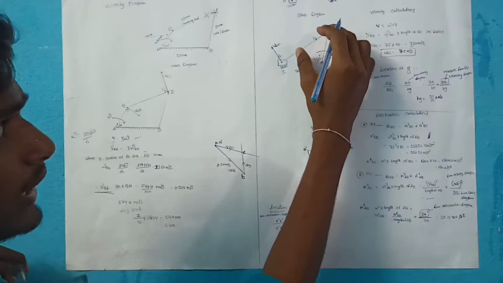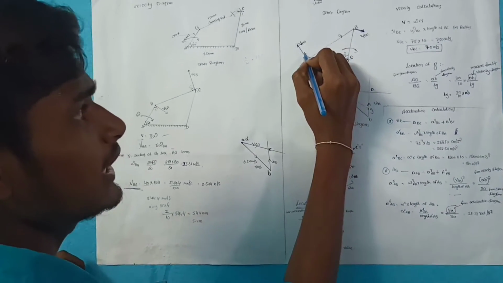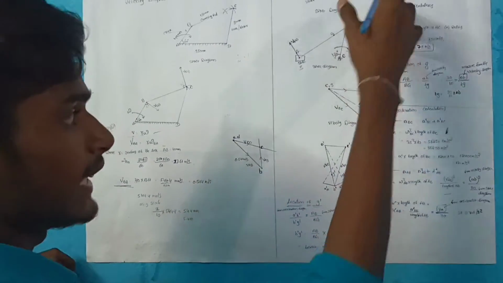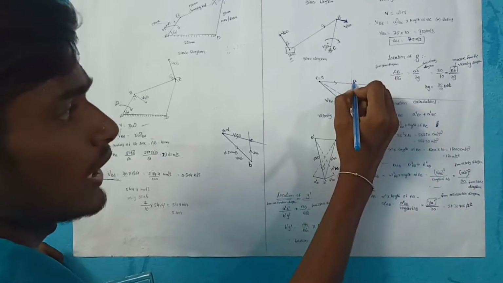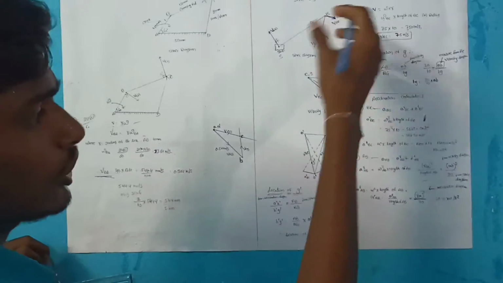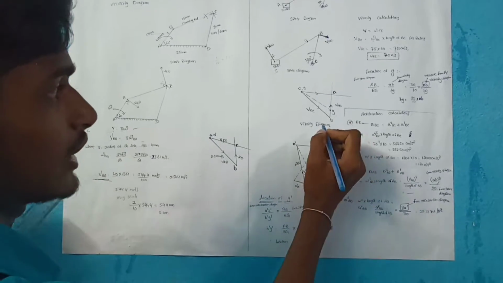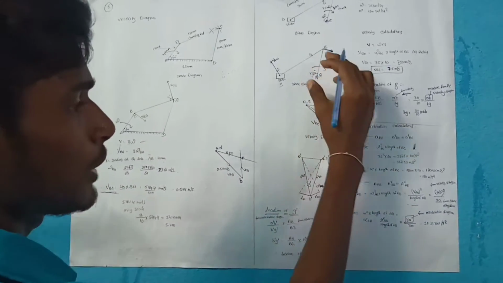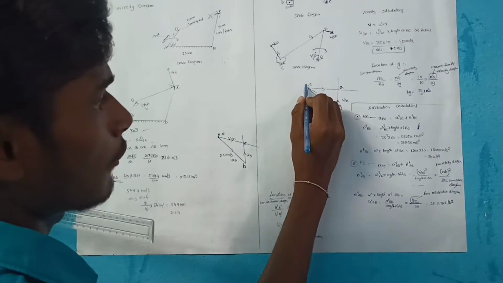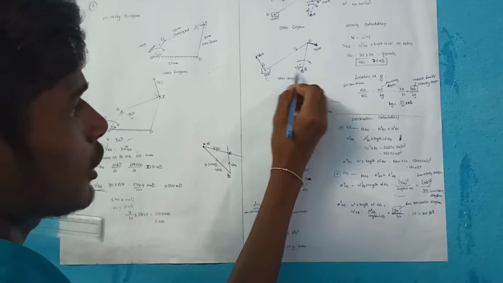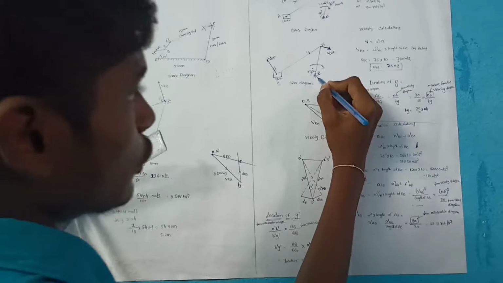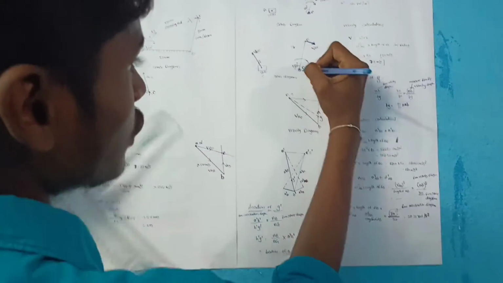First of all, in the space diagram we use capital letter notations, like capital A. Next, in the velocity diagram, small letters. Next, for angular acceleration, small letters with dash, like A dash. Like that we want to use the notations, so that the difference is known. So next, after fixing this C comma S, because both are fixed links, next BC is a moving link, the first link.